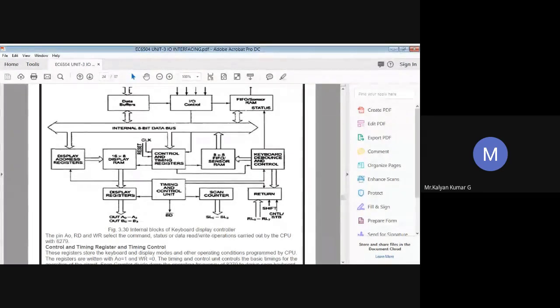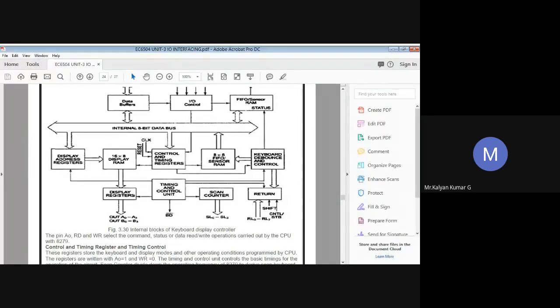And all this, whatever we have discussed so far, comes under the CPU interface and control section. So all these blocks that we discussed come under the CPU interface and control section. Moving on to the second section, that you call the scan section. This is something important. In the scan section we usually have a scan counter. You can note it at the bottom of your block diagram.